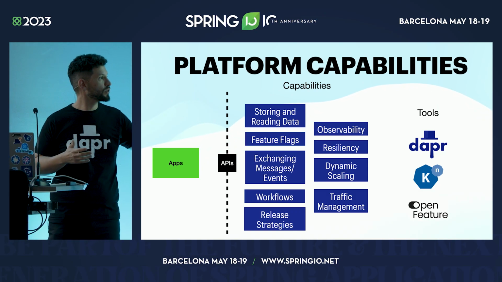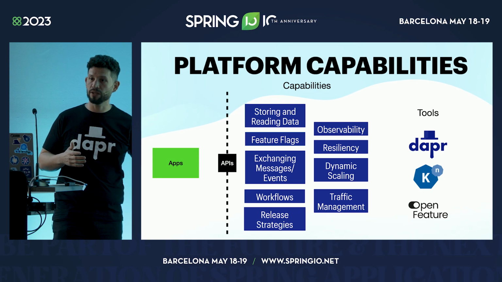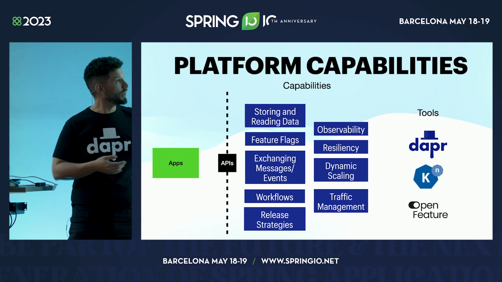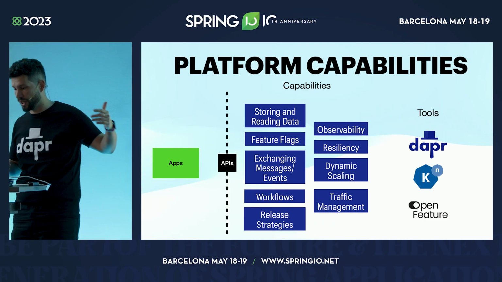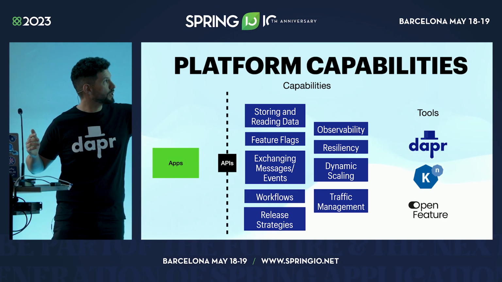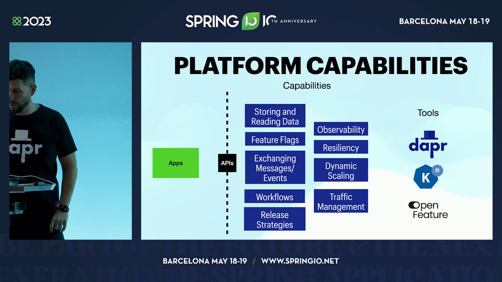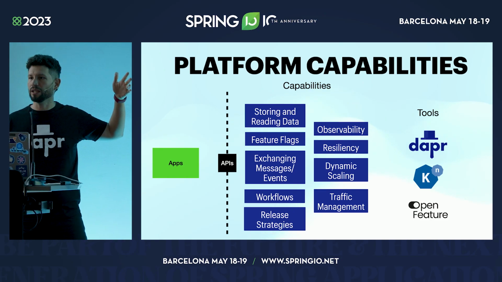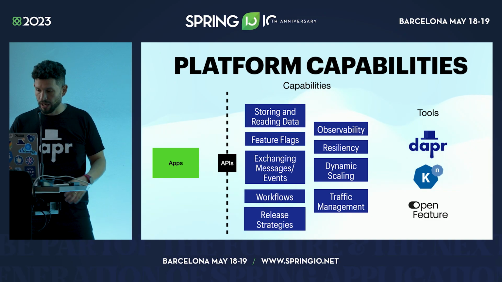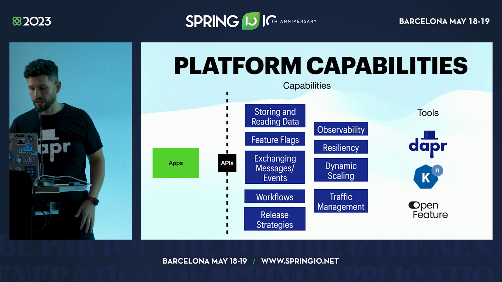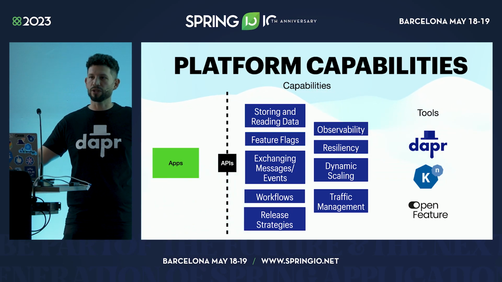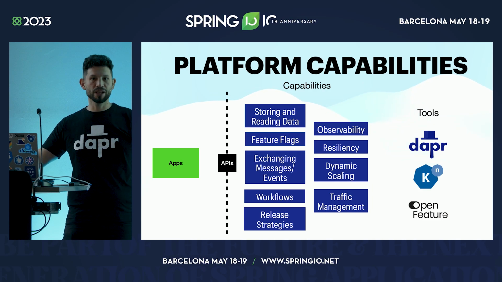Stuff like release strategies, right? You want to do A/B testing, you want to do canary releases, so you enable development teams to release more software more often. And there are a bunch of tools in the cloud native space that do some of that stuff. I will be talking a little bit about Dapr, but Knative and OpenFeature for feature flagging are some of the most common ones. How many people here know about Knative, for example? It was mentioned a couple of times today, and I think that's good. Again, it's scaling down to 0, auto-scaling, and that's pretty interesting. How many people here have heard about Dapr before this presentation? Oh, that's really good.